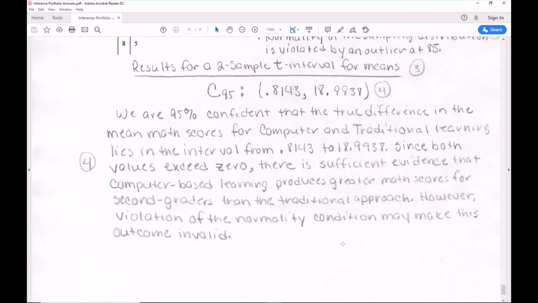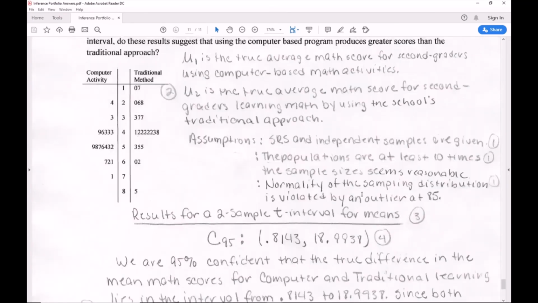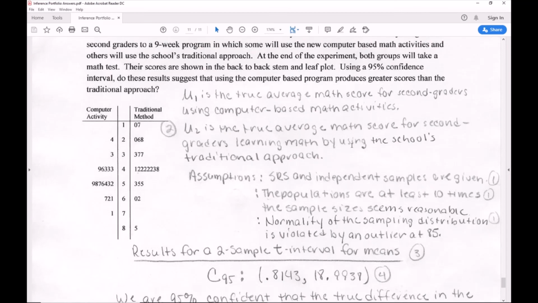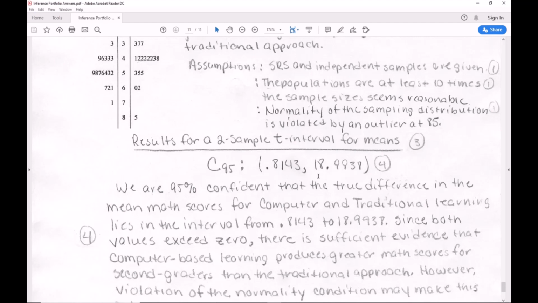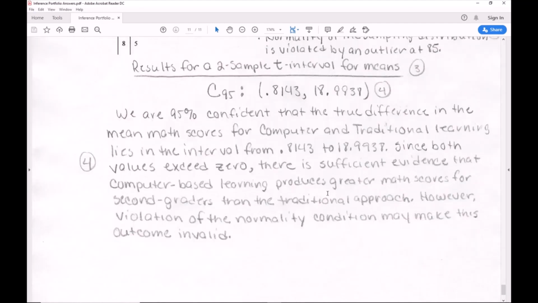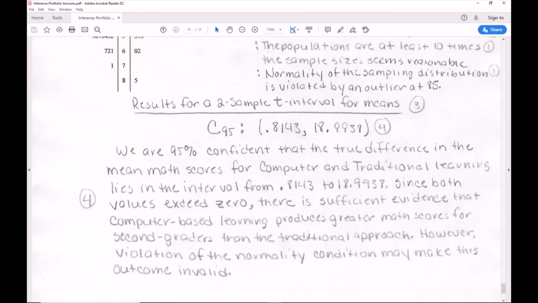So you needed three things. You needed to do the usual spiel about being 95% confident in context. You had to look for 0, and really, since it's not there, both values were positive. I subtracted the standard from the computer-based, and that gave me both positive numbers. That implies that the computer-based gives you better outcomes. And you had to mention the outlier as a limitation. So you needed all three of those things. Okay,